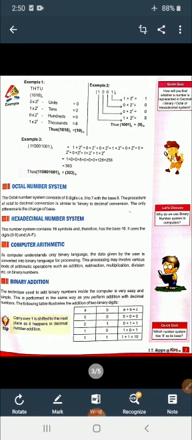If you want to add two binary digits, we are going to follow this table in the figure. Always 0 added to 0 will give you 0 as the result. 0 added to 1 gives you 1 as the result. 1 added to 0 gives you 1 as the result. And this is the most important one. 1 plus 1, when you add, will always give you 10. Understood? Next.